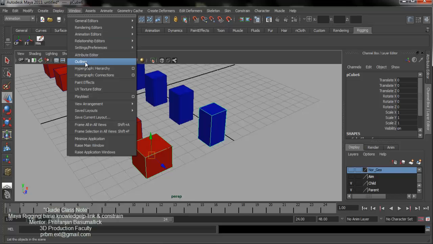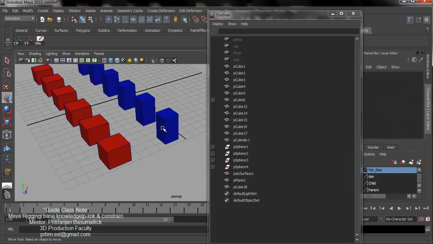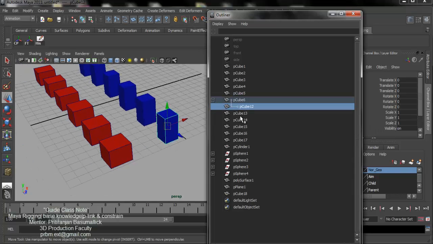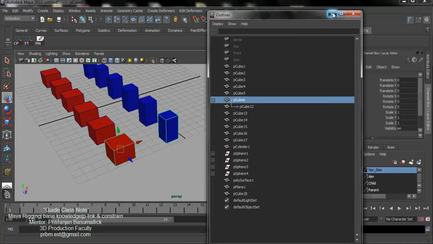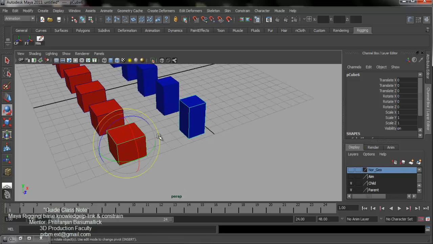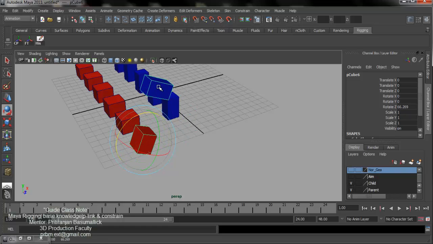I just go to Window and open my Outliner. See, when we are doing parenting in Maya, the child object physically goes under the parent object. Therefore, the child's pivot point works at my parent's position. When I rotate it, the child object rotates from that particular pivot point.